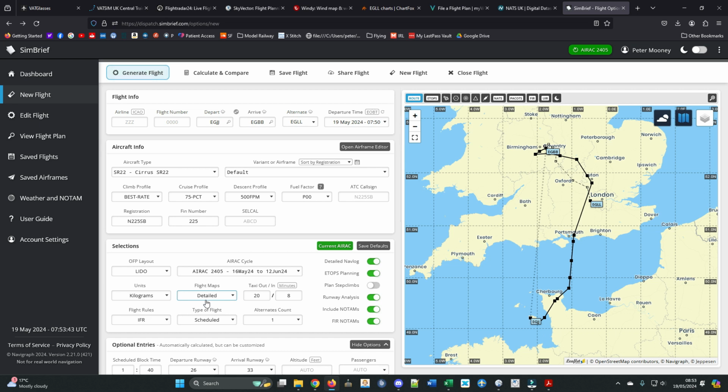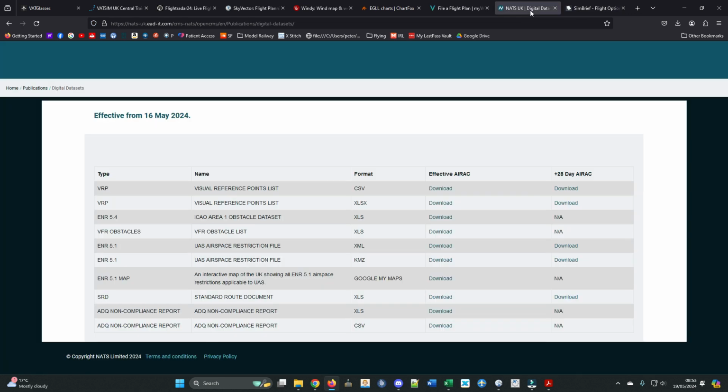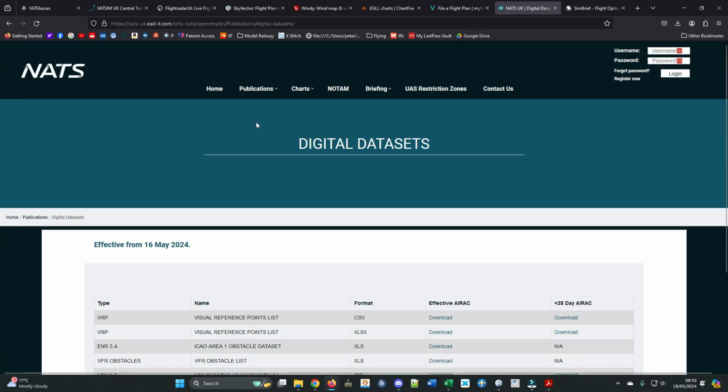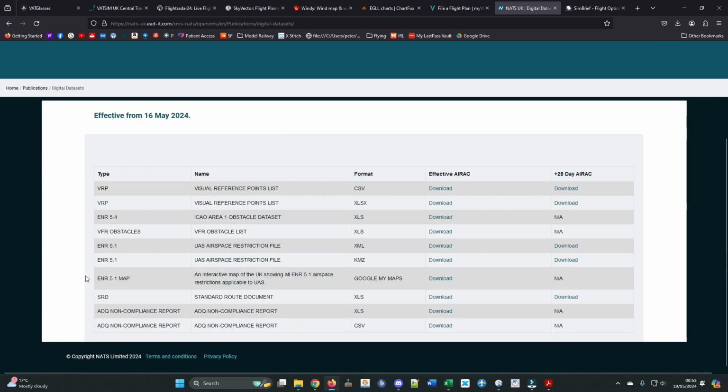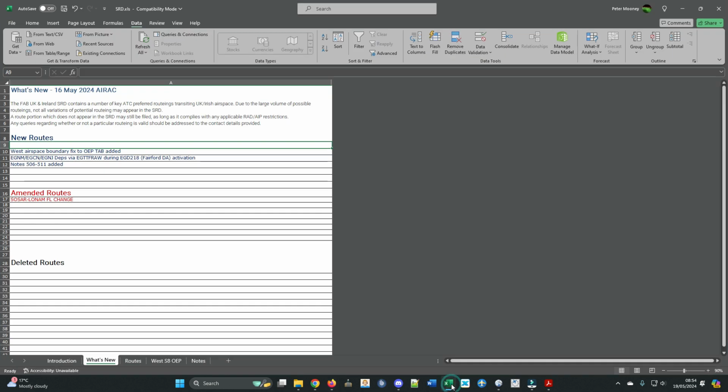That's what I use for planning a UK domestic flight. So if you just Google standard route document, I think one of the top results is the NATS digital datasets, and then down here under the SRD, standard route document, for the effective AIRAC, that's the one you want. Hit download, and that'll get you this XLS, so spreadsheet basically, which you can open in Excel or similar,